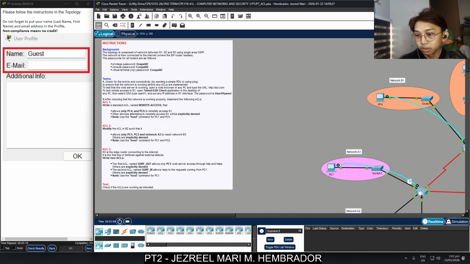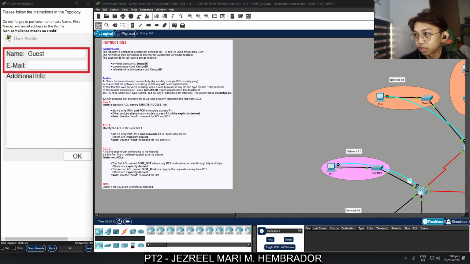Okay, so we're going to do the ping. We're going to test the ping. So to do that, I am pinging PC6 in network B3 from PC1.